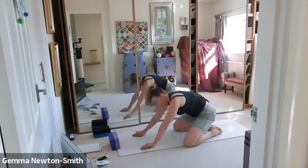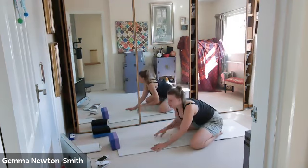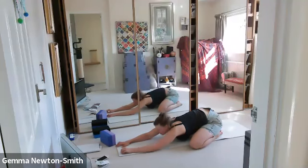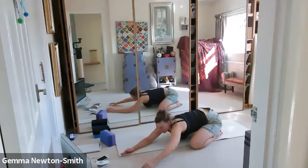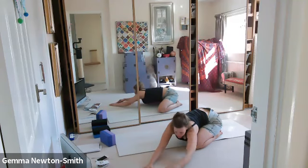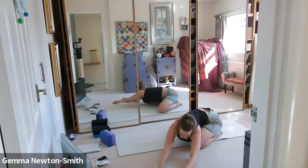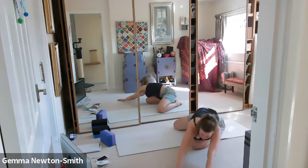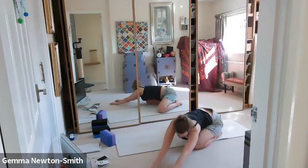Slide the toes together, knees wide, and walk the hands forwards. My favourite asana at the minute. Walk your hands over to the left or to the right. So if you've got space on one side and not the other, you might just want to come onto one side and then flip yourself around. Loads of time for you to walk your hands over, and you're more than welcome to lift yourself over the thigh if that feels nicer. Either way,